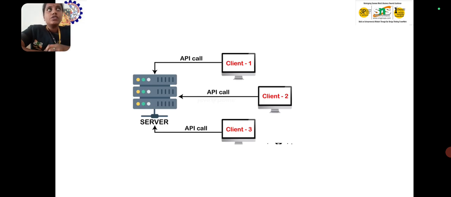Here is the diagram which explains the second tier of the architecture. First, the client will be sending an API call, then it will reach the server, and from the server the data will be sent in response to the API call, and next it will reach the client. Next, what we are going to see is about